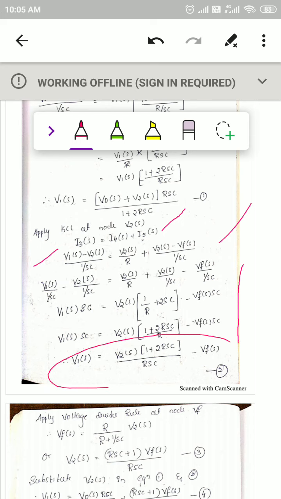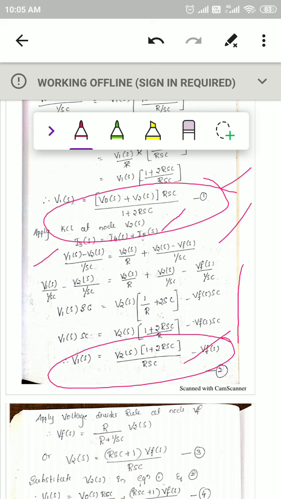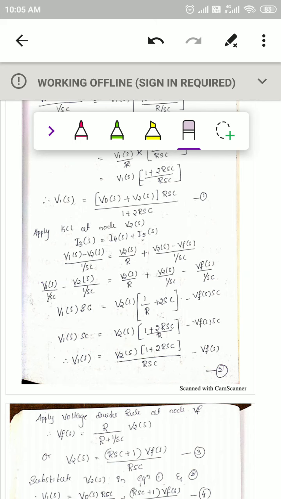You come across V1 of s, and you calculate it. Call it equation number 2. This is equation number 1, and this is equation number 2. Equation 1 is at node 1, V1 of s, and equation 2 is at node 2, that is V2 of s, right? So now